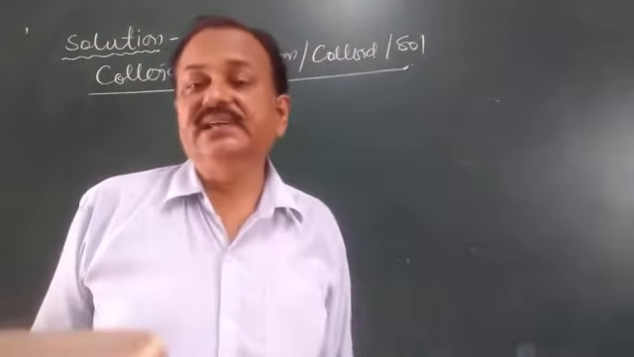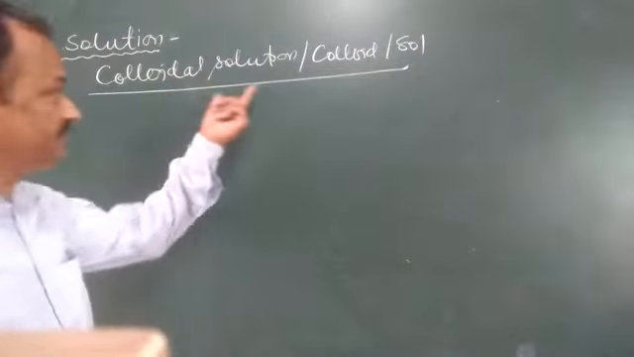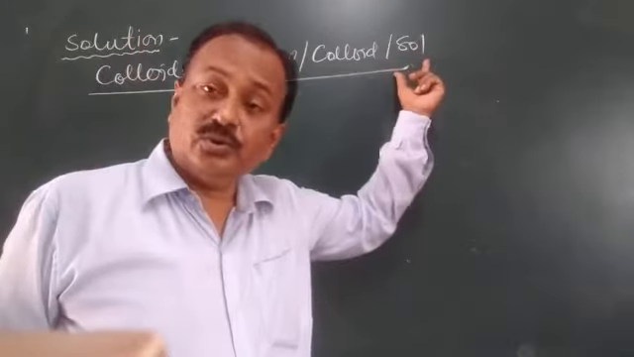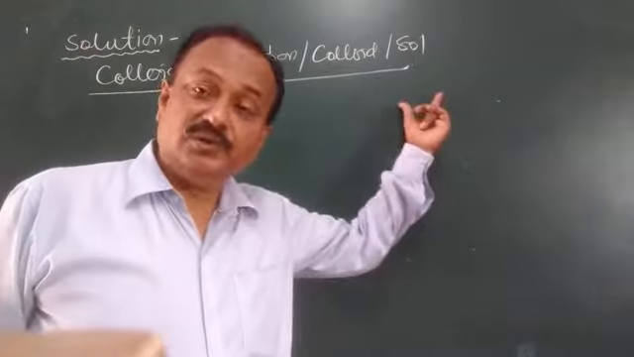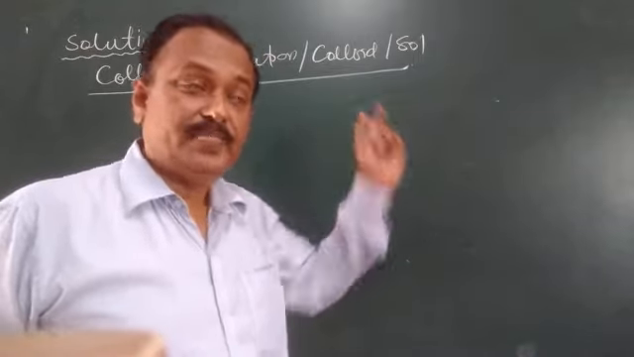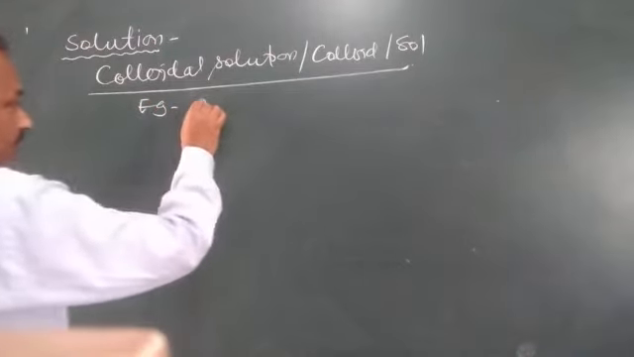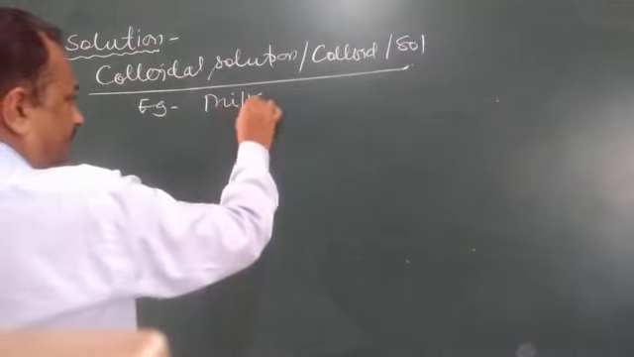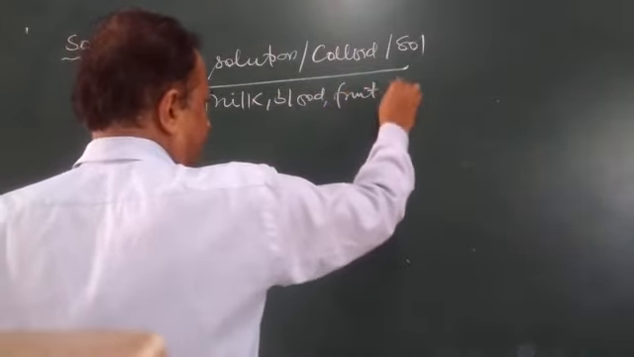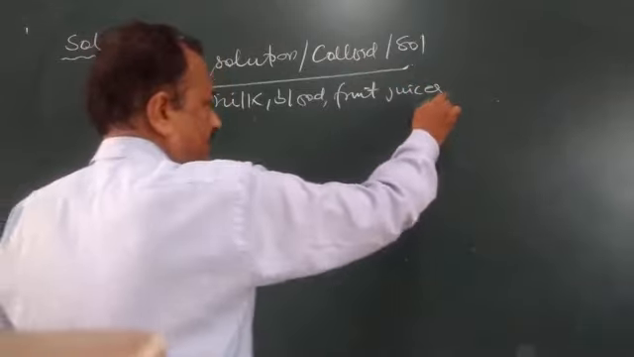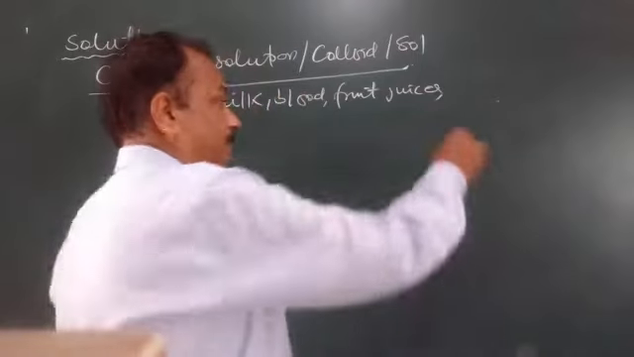Now here coming to the explanation part, children. I will start with the examples. There are several examples of colloidal solution. Colloidal solution is also called as sol, and it is also called simply colloid, nickname sol. Examples are many, like milk, blood, fruit juices, buttermilk,